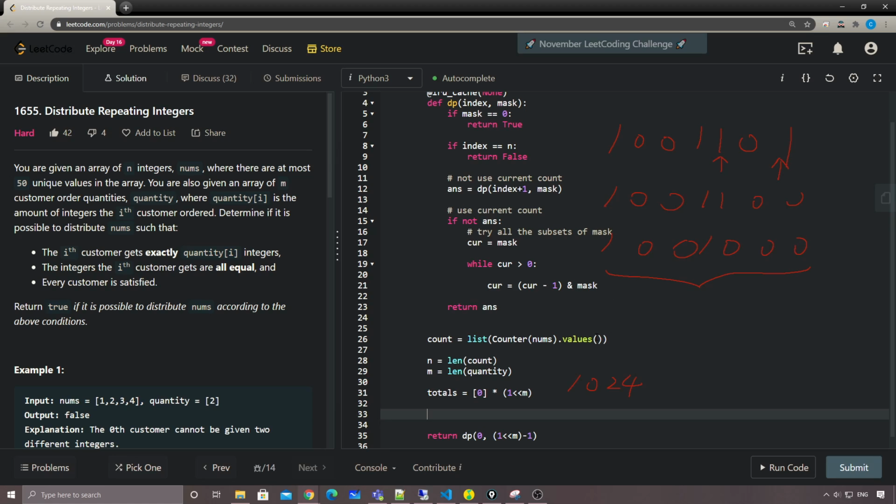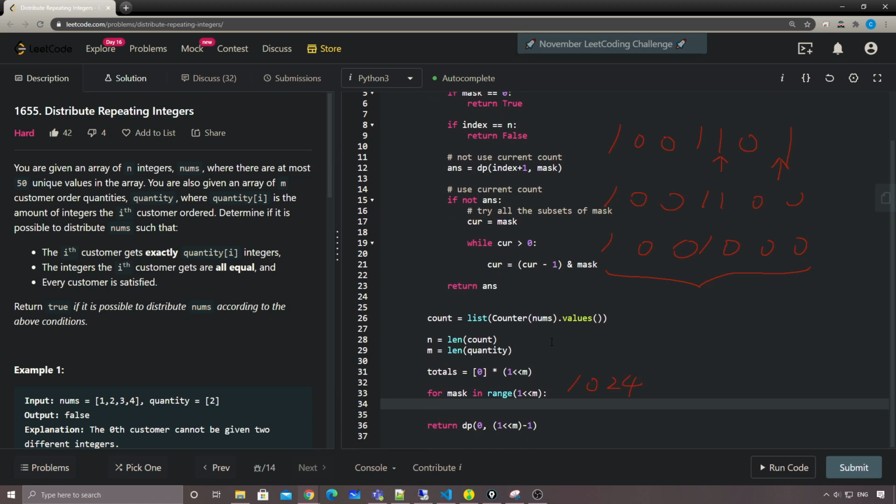combinations of this bit mask, and we can pre-calculate the total quantities we need for any of the masks with the given ones here, right? That's why we have a mask here in the range of this m here, right? And then for each of the masks, we simply do what we're supposed to do here. We simply loop through